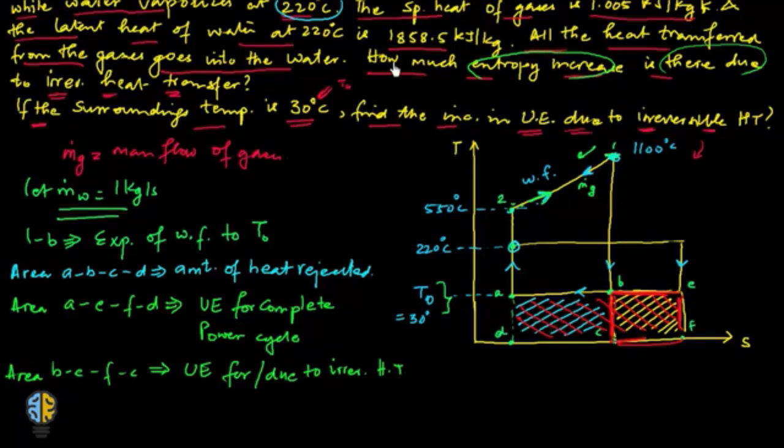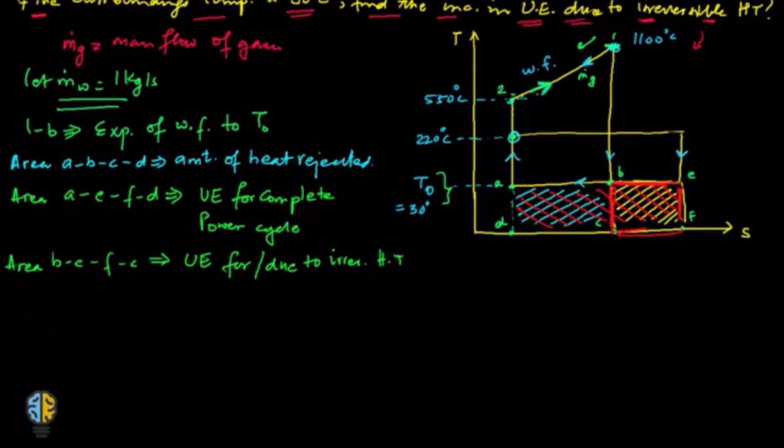So let's go to the first part of the question that says, what is the entropy increase due to the irreversible heat transfer? Let's find it out. Let us give it part A of the question. So the entropy increase of water is equal to the amount of heat that is absorbed, and that amount of heat is the latent heat absorbed,